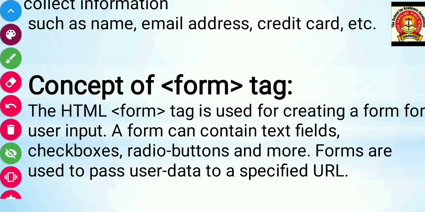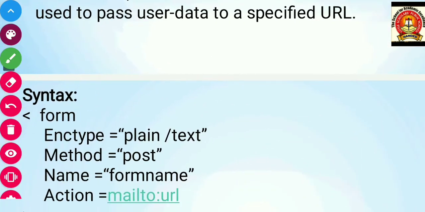So friends, we will see how to do such things. First of all, we have a syntax here. Here you have to use a form tag. You will first mention the enctype. In the enctype, you will write plain or text. It specifies, friends, how the data is sent to the destination. That means it encodes the data and sends it to the destination, to the server where the data is going to be stored. And the method here is post. Post will send the data to the server or to some other websites.